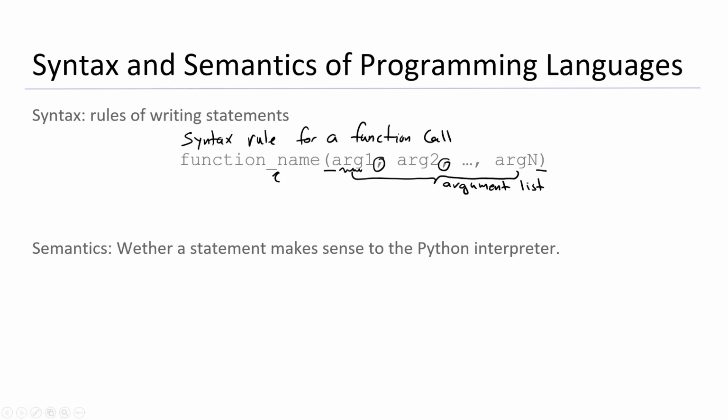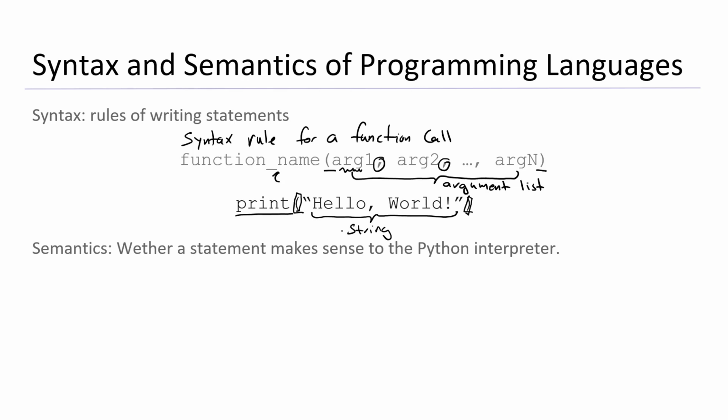You can supply as many arguments as the function accepts. And we have seen one example of a function call statement, and that is the print statement, or the print function call. So the function name in this statement is print, and then we have the open and close parentheses, and then we have only one single argument, which is basically the string